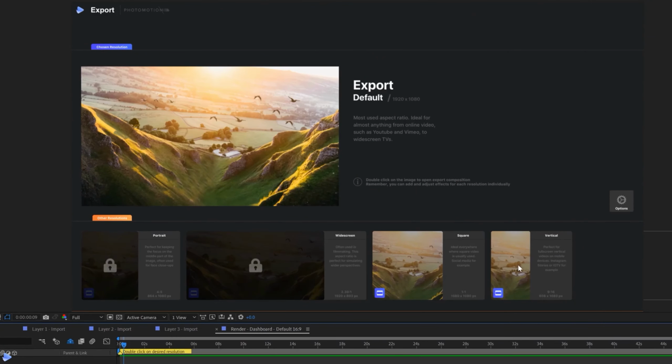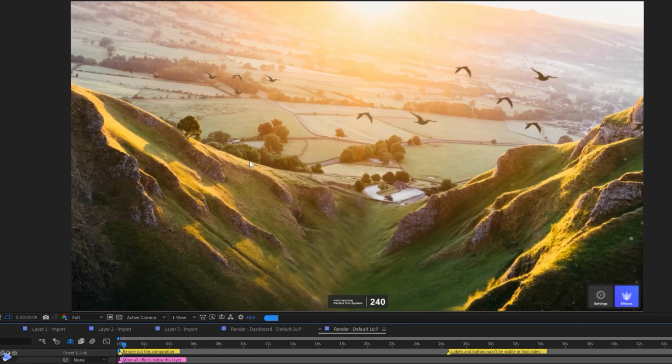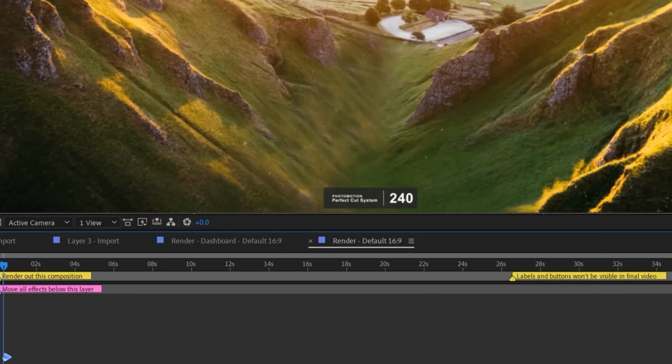As said before, within the trial version, you have 3 to choose from. We'll use the default for now, and then we'll be within this export composition. You'll notice that we have a number here just on the main viewport, and that's the photomotion perfect cut system. What that does is tell us the exact frame that we want to be on in order to render out the animation precisely. Otherwise, we could accidentally cut our animation short or have tons and tons of time where nothing